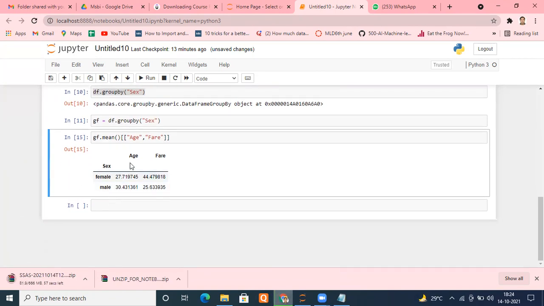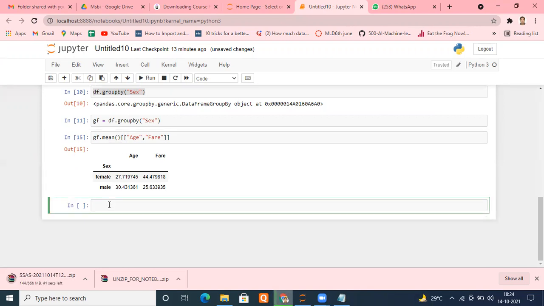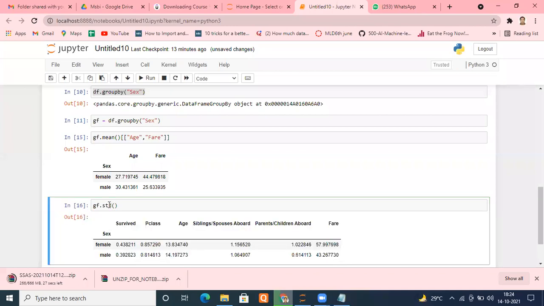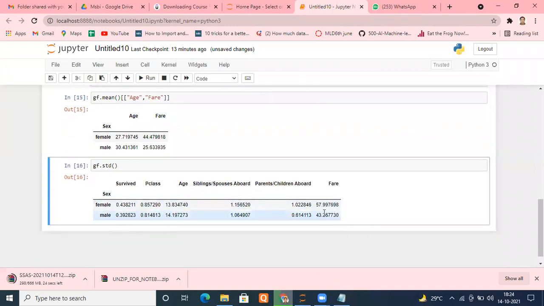So we can apply others. For example, we found the mean. We can find the standard deviation as well. Same way, GF dot standard deviation. It will give me the standard deviation of males and females in individual columns. You can find out for the survived column, for the P class column, whatever you want to find out, almost everything is there.